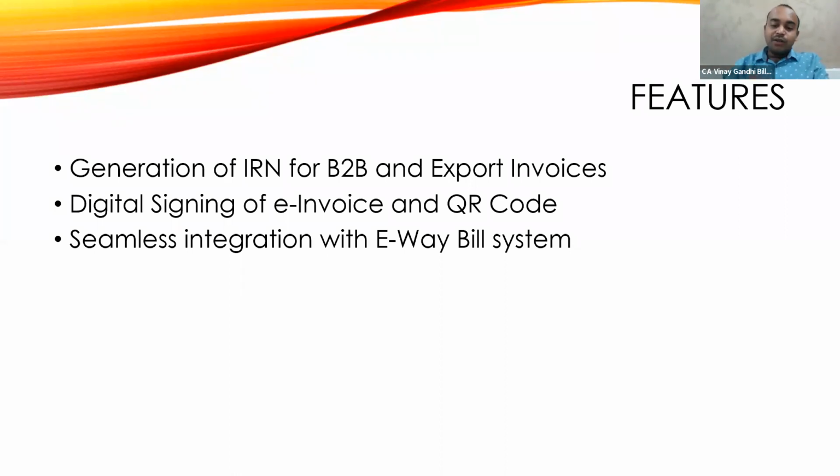So when I generate an invoice, automatically the data will be shared with the e-Waybill system also. And if I go and enter my IRN there, I can only enter Part B, that is the transportation or the vehicle details, which are the only thing I have to enter while generating an e-Waybill.